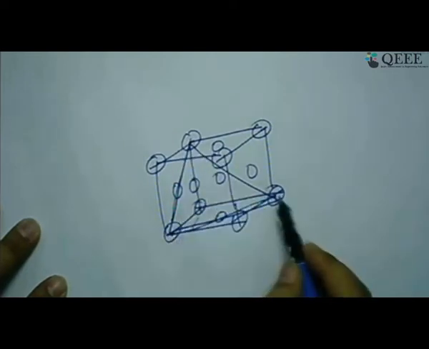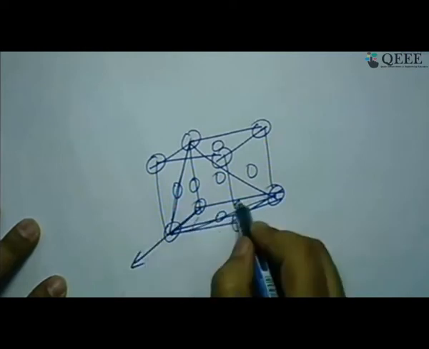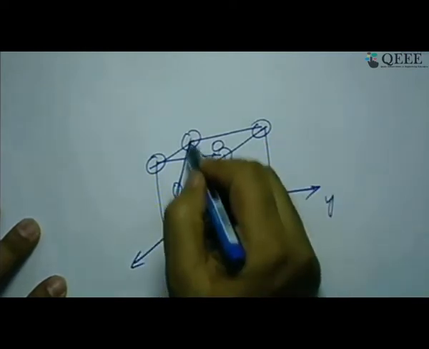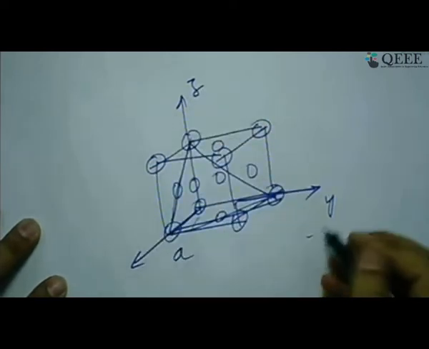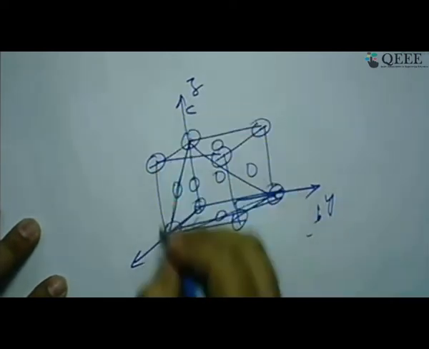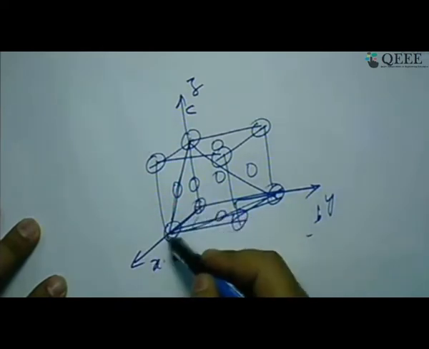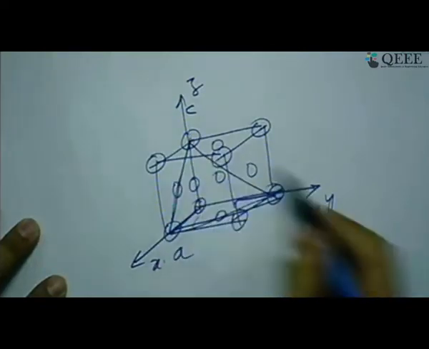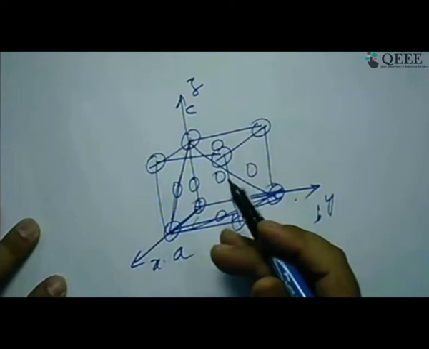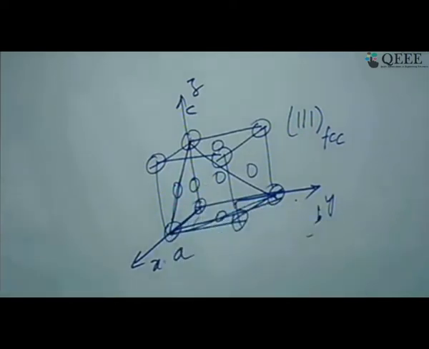So if these three are put together, that is, if you take the x, y and z directions, which are the A, B and C directions of the crystal, right? One unit length along A, one unit length along B, one unit length along C. If there is a plane that intersects at these three points, that is the 111 plane of FCC. Okay. So, invariant plane